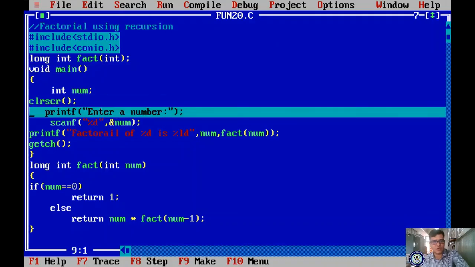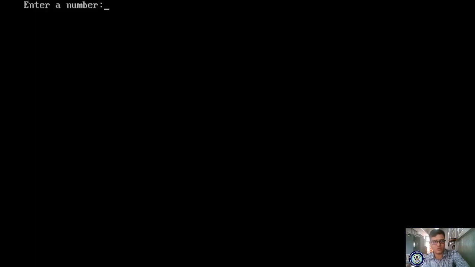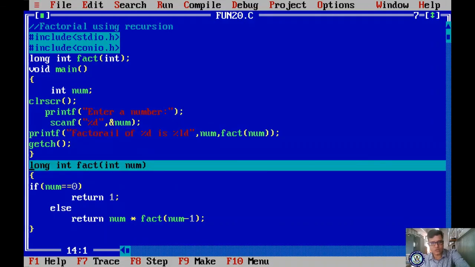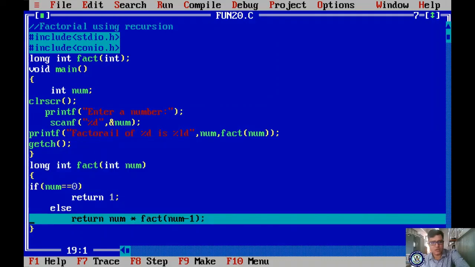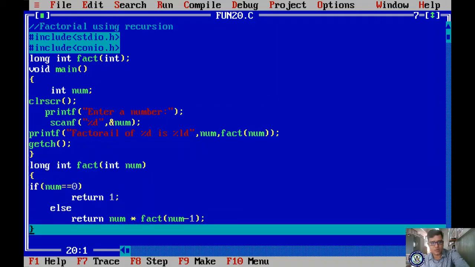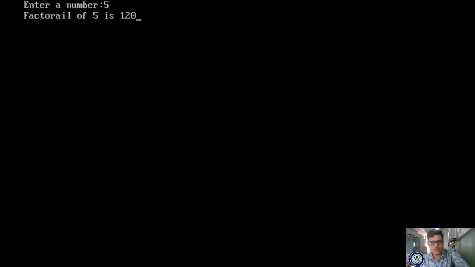It asks for a number to enter, and I give 5. While displaying, you call the function, and whatever value is present is passed here, and it returns. Once again it comes back, again and again. Please observe here; likewise it will display the output.